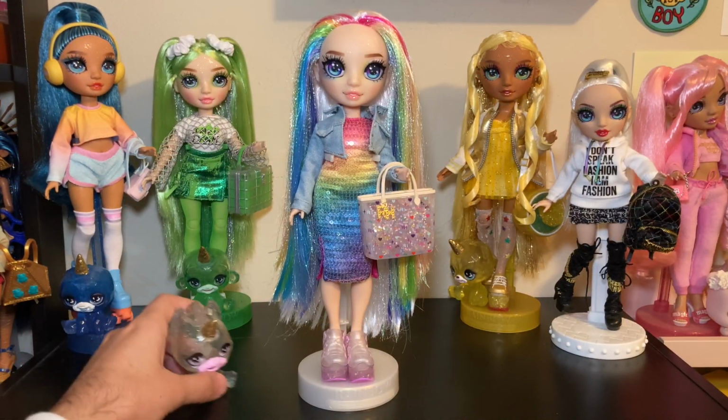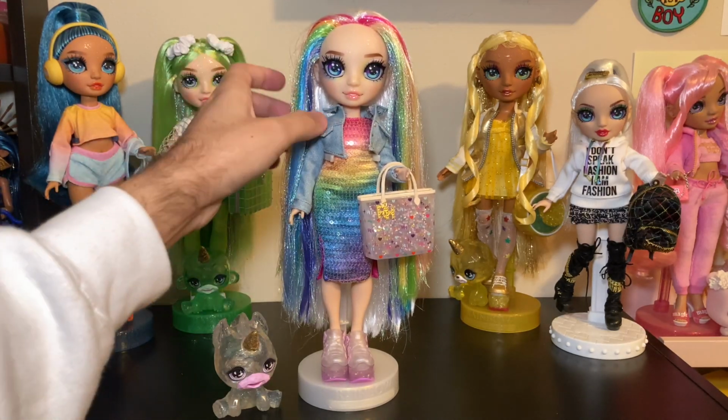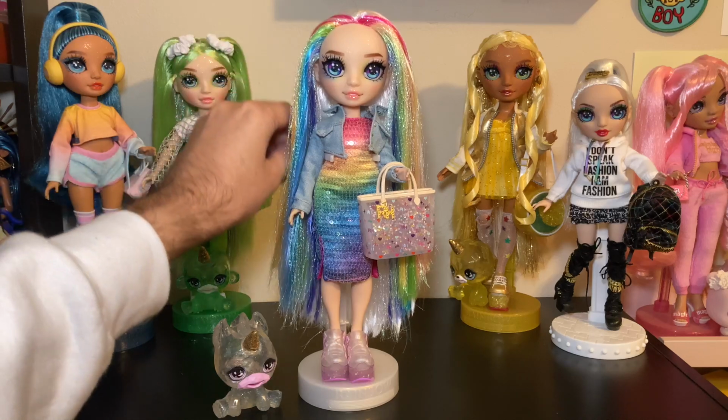Okay, I have now washed Amaya's hair. It is very nice and soft. This hair is actually really, really nice. There wasn't a lot of gel in her. I mean, granted, the tinsel is very dense, so depending on if you like that or not might impact how